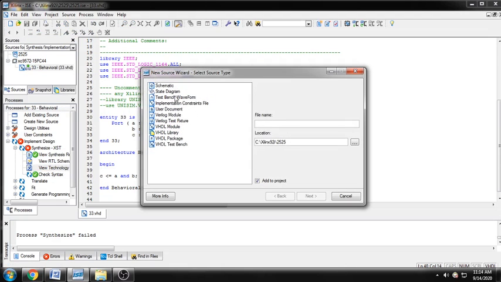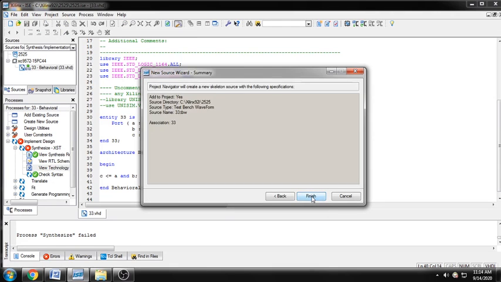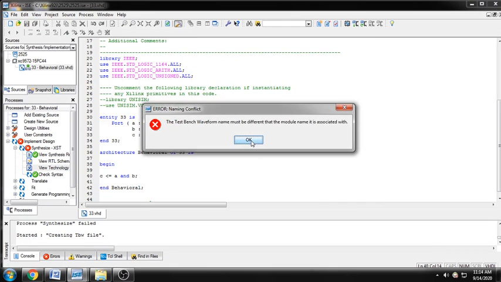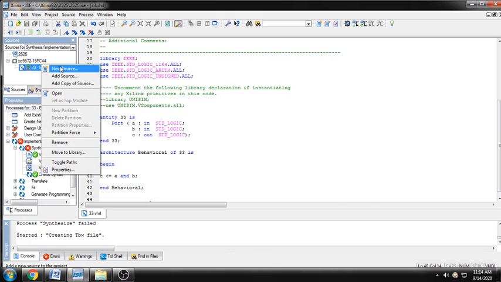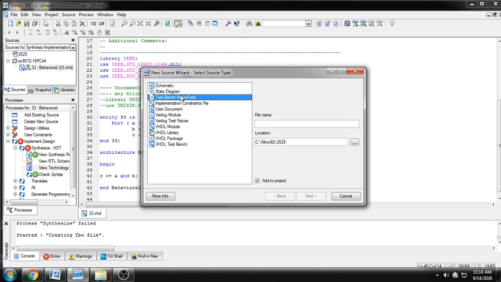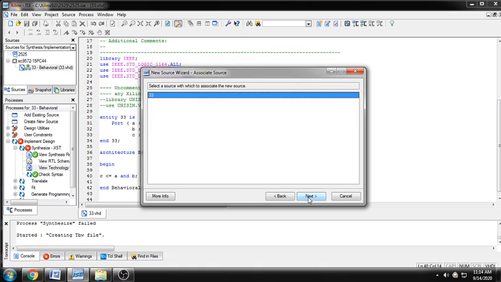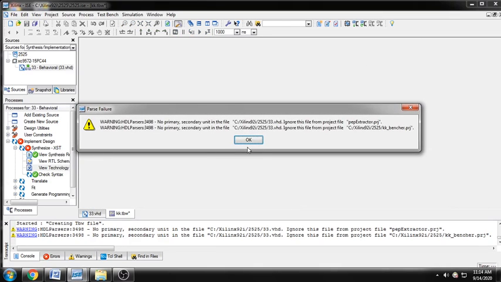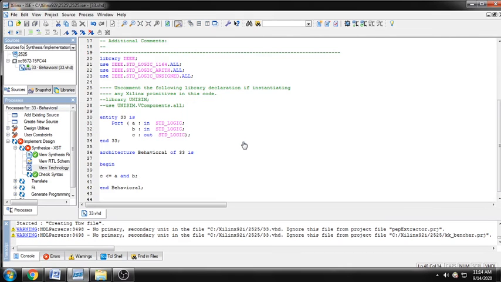The new source is your test bench waveform. You just name it randomly. Now we have the test bench waveform, with any other random name. Here you can see an error is going on.